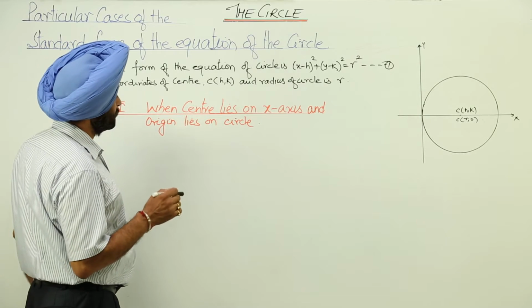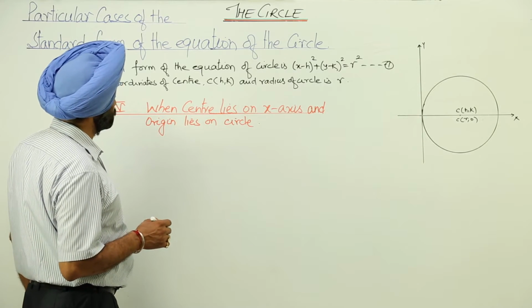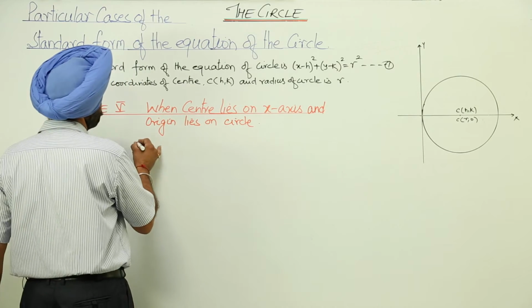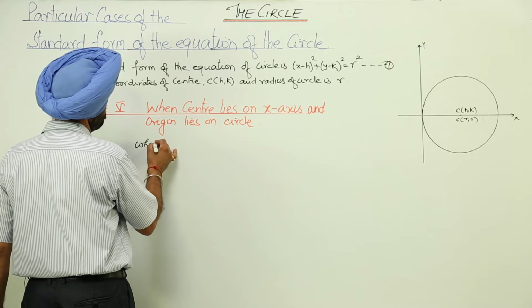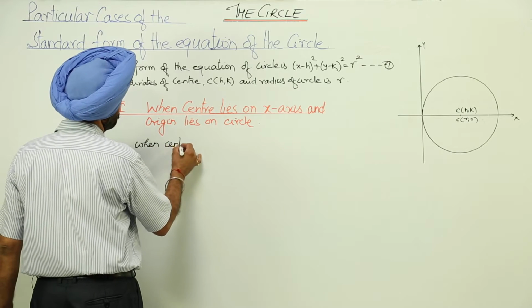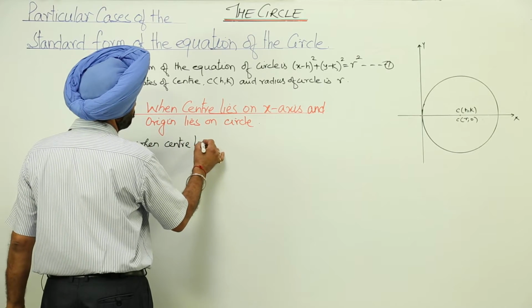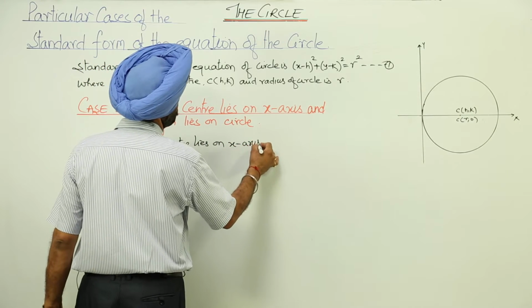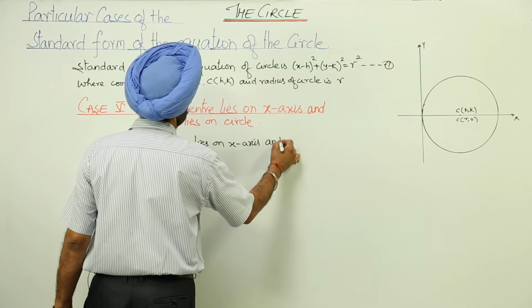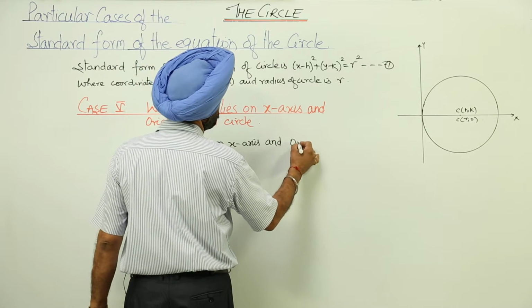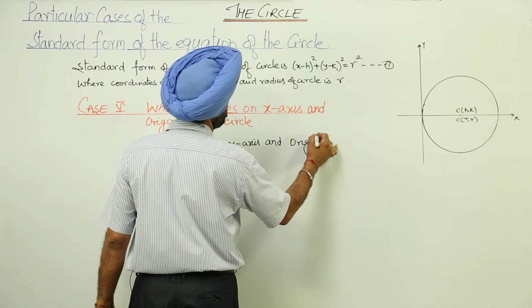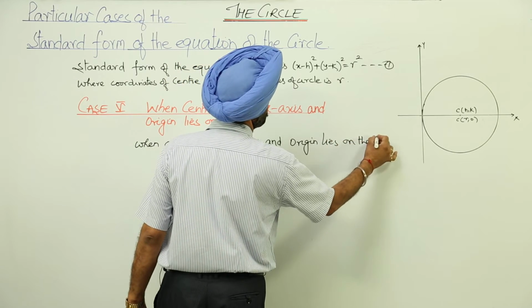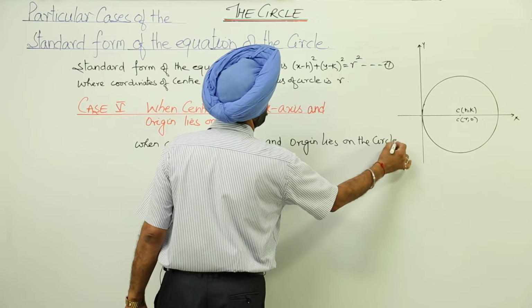When center lies on x axis and origin lies on the circle, this is case 5. Now, when center lies on x axis and origin lies on the circle, then